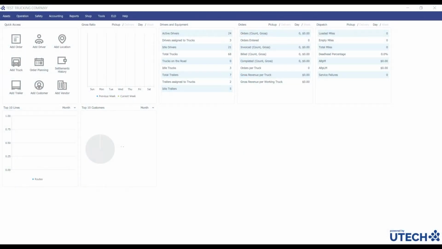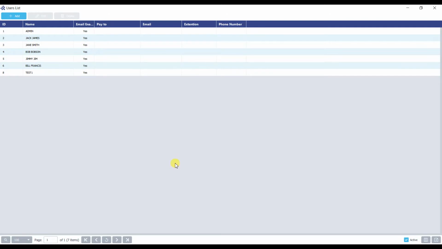In this video, we will learn how to add a new user to your brand new TMS account. From the landing page, we can go to the Assets section and click on Users. This will open up a list of all users where at the top left corner, you'll be able to see the Add button with the plus that will open up a new window and allow you to create a brand